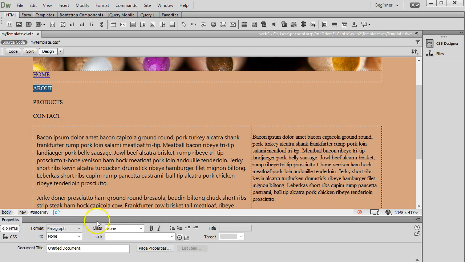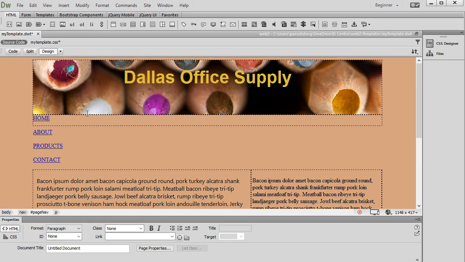I'm going to do the same with about. Just add a hashtag. Same thing with products. Hashtag for it and contact. And that'll do that. Now I have 4 pages, or 4 potential pages rather, that will be linked from this particular menu. This still doesn't look like a menu at all, and for that I could either explain it to you,